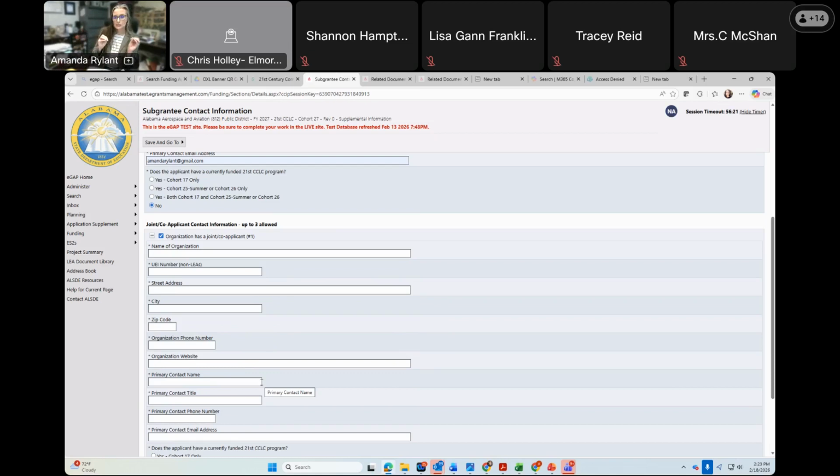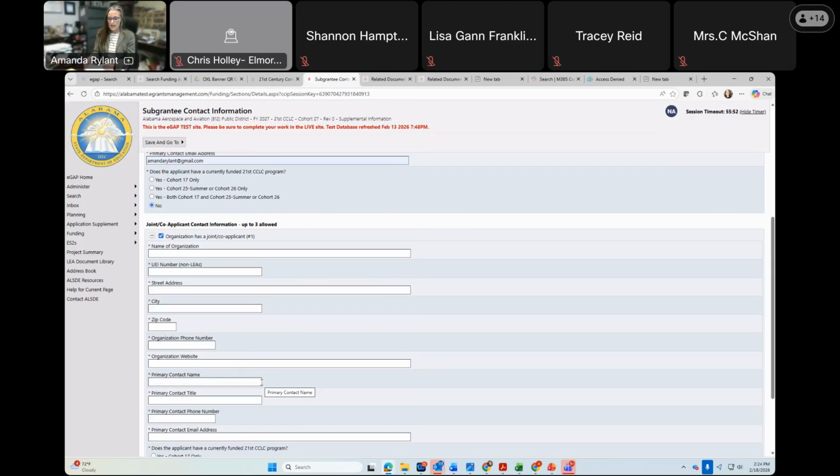One of the organizations has to be an LEA, or this is if you're wanting to get priority points for applying as joint applicants. One of them has to be an LEA that qualifies for Title I school-wide funding. Okay, they don't necessarily have to get Title I funds, but they have to at least be eligible for those